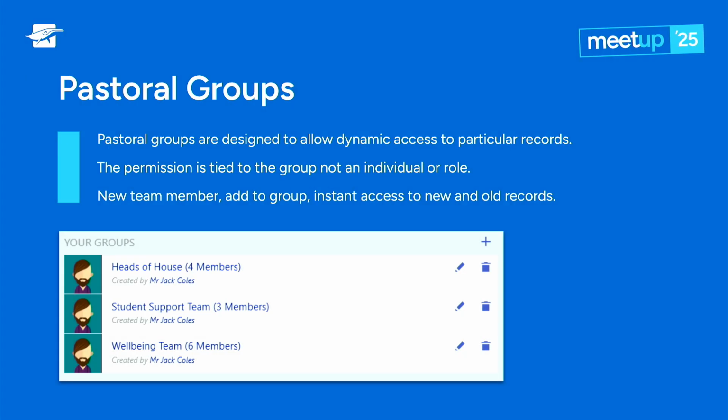As I said, this applies to pastoral groups as well. So one of the things that we recommend is pastoral groups being more broad in structure. What we mean by that is, don't go and create a year 7 coordinators pastoral group, because in year 8, no one is able to then see those records. What we talk about is go and create your pastoral coordinators group or your year level coordinators group. Use the match campus to start to restrict down that visibility.